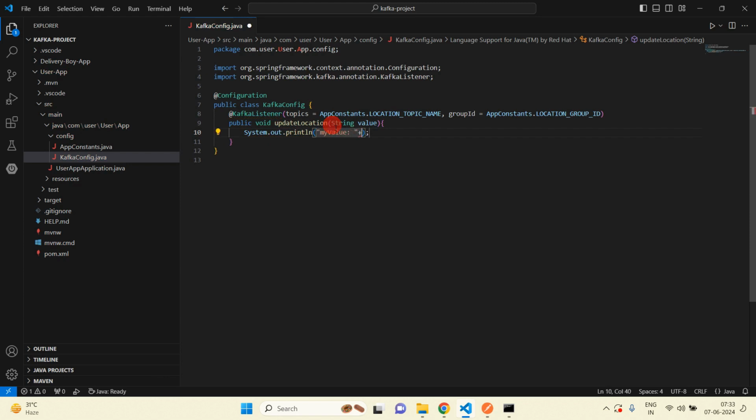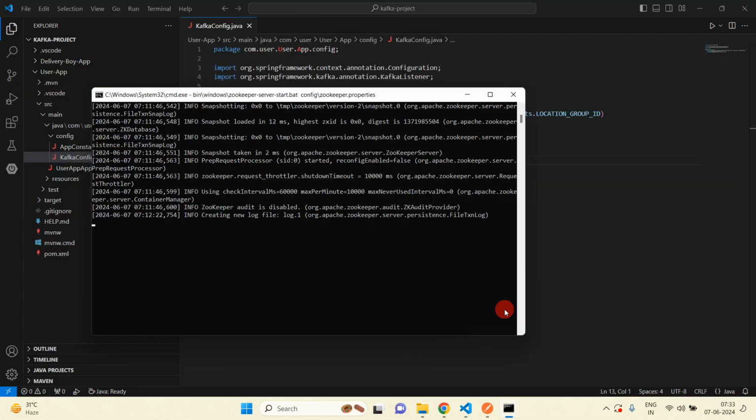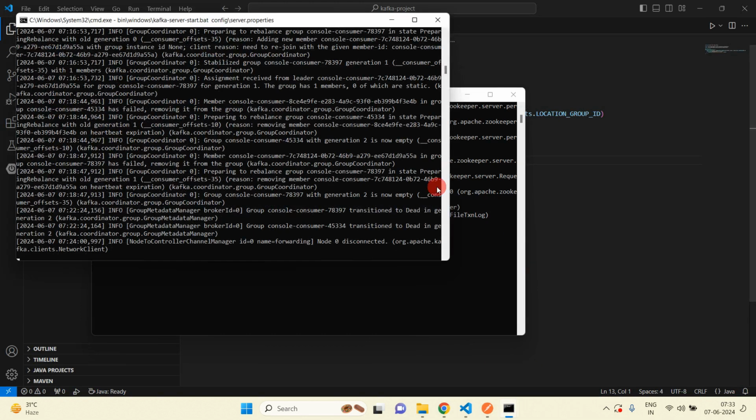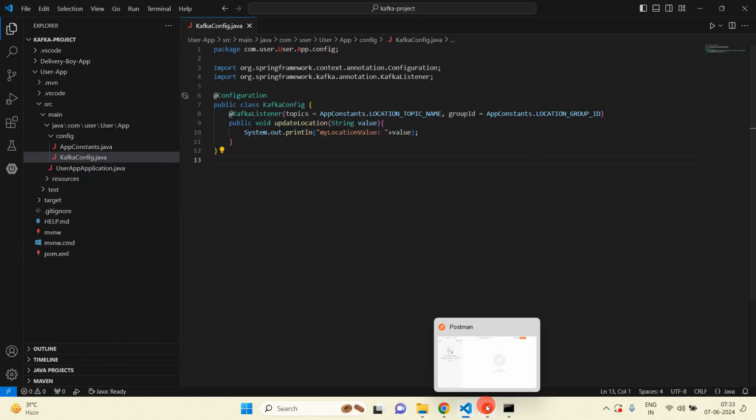When we hit that API which is created inside delivery boy, then we will get this value inside the user application. Okay, so now this is okay, and make sure Zookeeper and Apache Kafka are started on your system. Now minimize this.